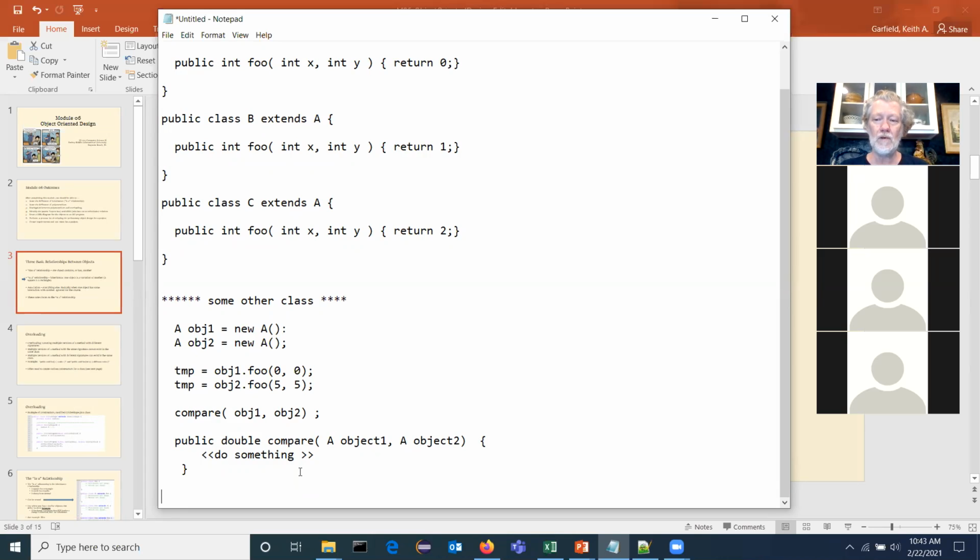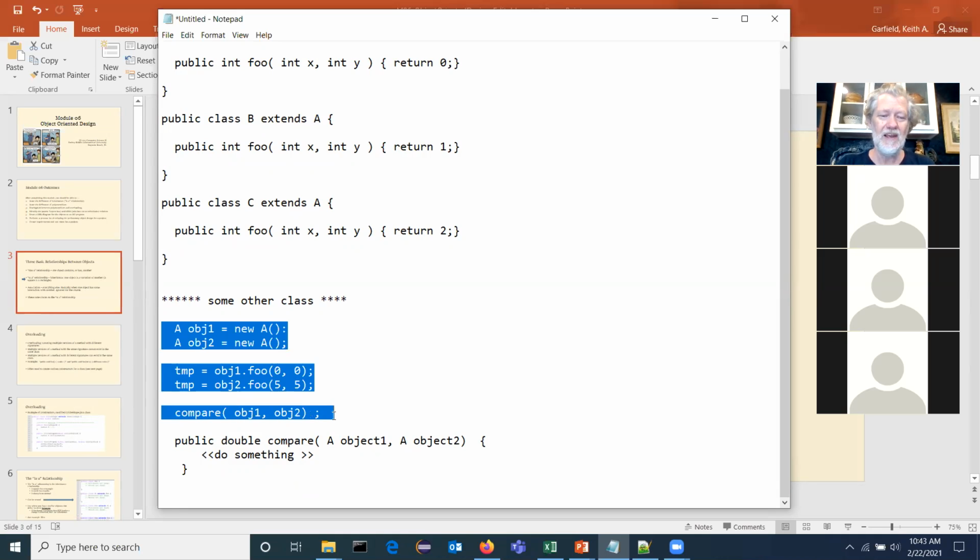Just needs 2 A objects. Right. 2 objects of class A. That's exactly right. And now the way I've written these lines of code, have I provided it with 2 objects of class A? Object 1 and object 2. Yes. Yes.